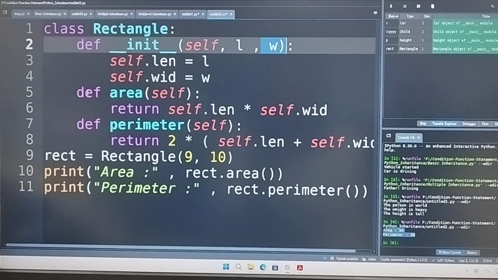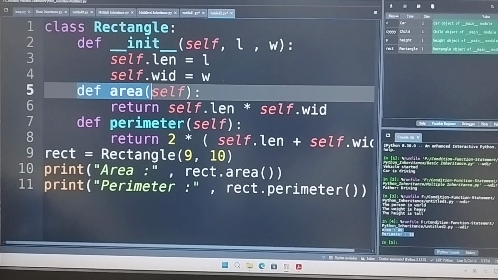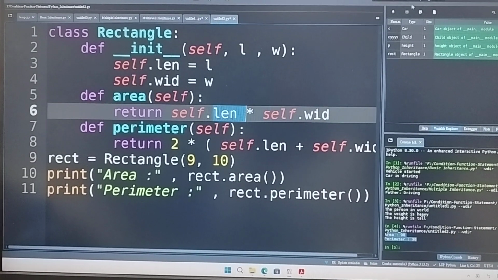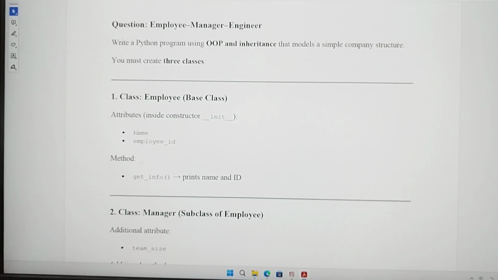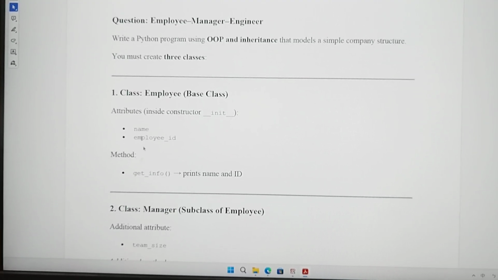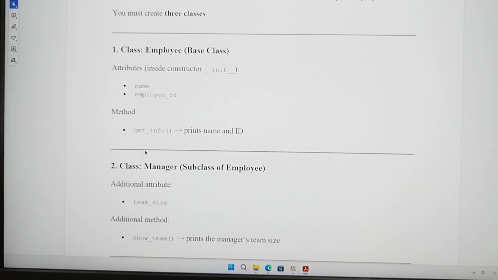Here, if you see this defined area, here you have length and width, but here you have name and employee ID. So you need to print that one, okay, in the method section. Then